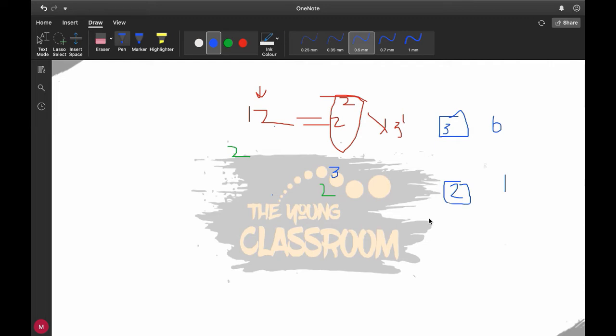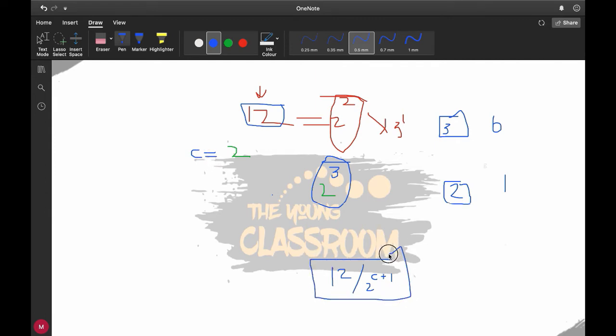Now realize that we have to find the number of values. So the number of values would be all the values of this and its multiples which are less than or equal to 12. If I denote the number of 2's in TS by C, the answer is TS divided by 2 to the power C plus 1. So first find C. If C equals 2, then our answer would be 12 divided by 2 to the power C plus 1. This would be our final answer.